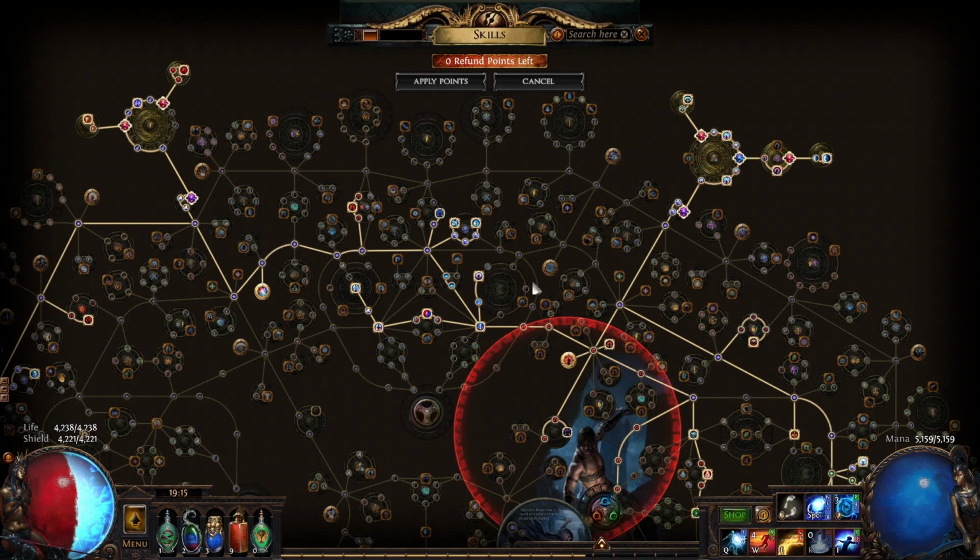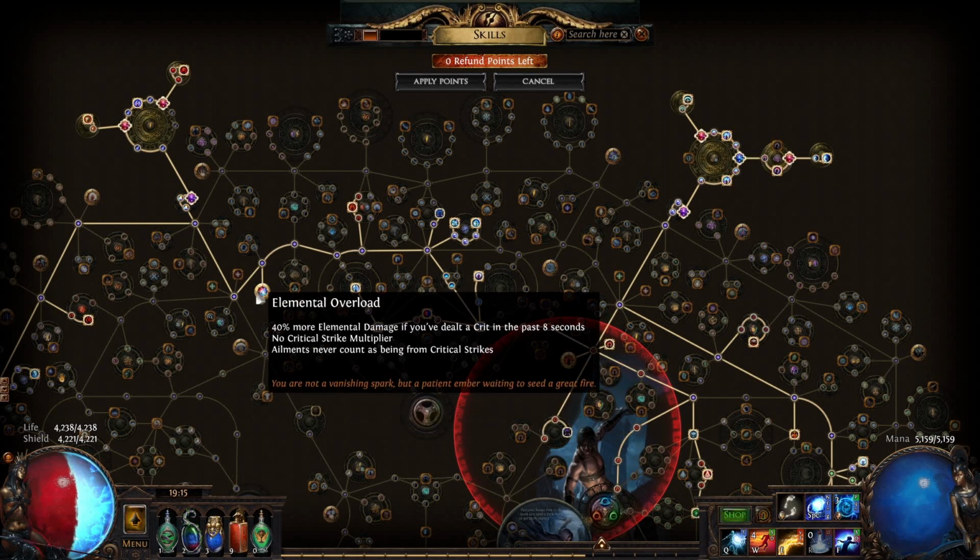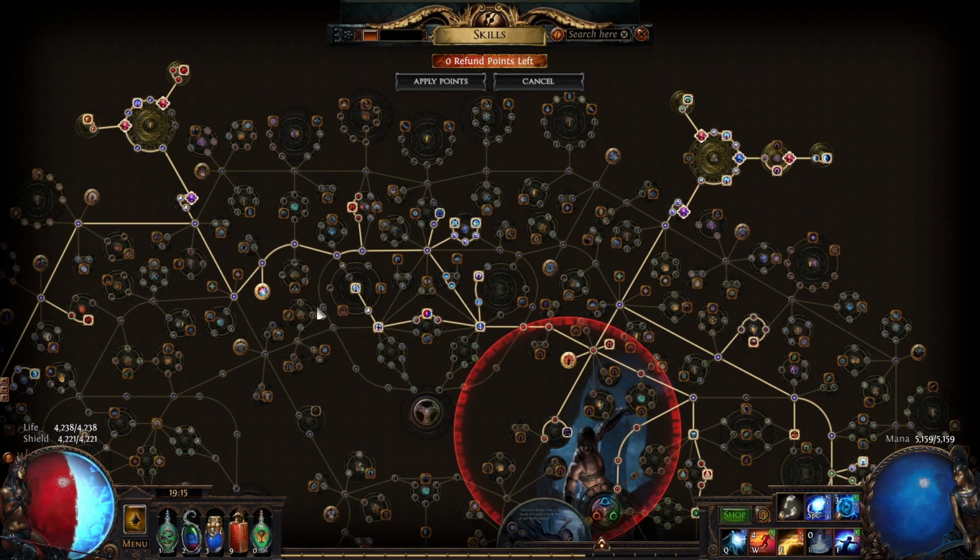As for an endgame setup, I think this current setup is as far as you're gonna get with Elemental Overload. After this point, you'll have to drop Elemental Overload and start going to crit in order to scale your damage further. So you would drop these travel nodes, so 1, 2, 3, 4, 5, and then go up here instead. So 1, 2, 3. Use those 2 passive skills on things like